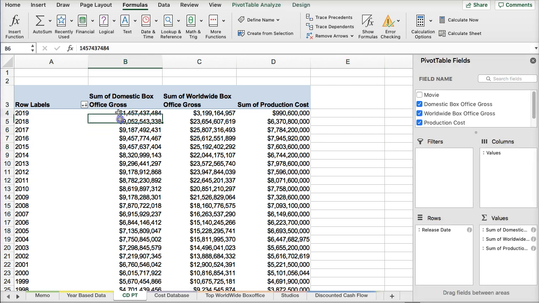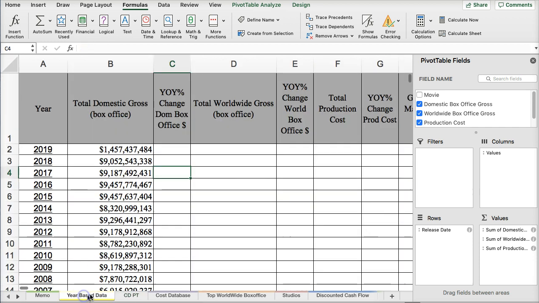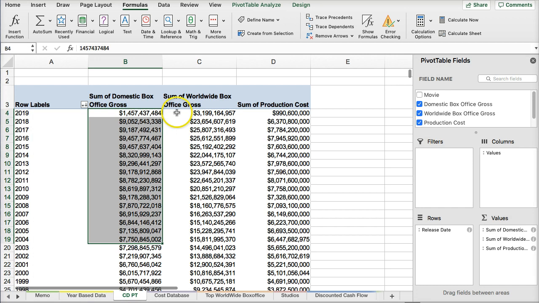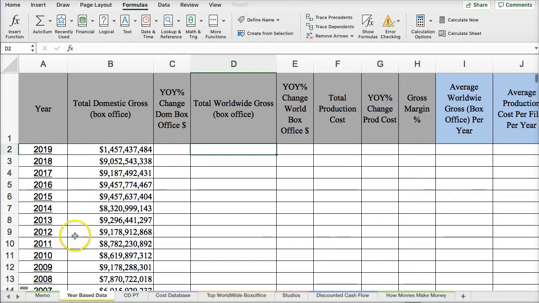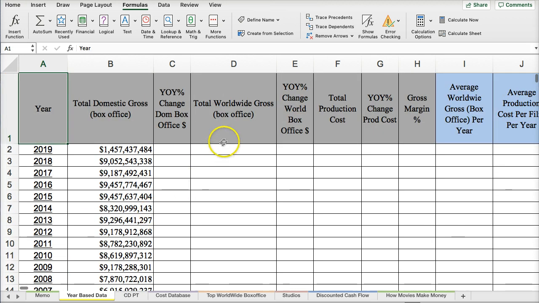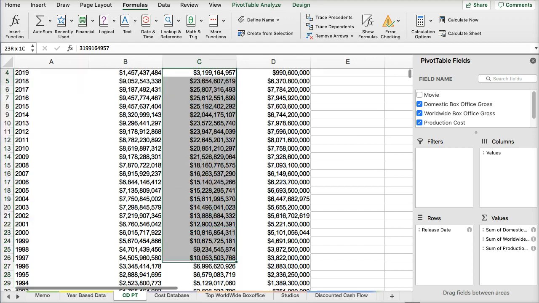And you see this information here. So it depends on which way you want to go, because you could easily create the pivot table. So here's worldwide gross, and on the pivot table, I think we're going to, what year are we going to here? 1980. So if I did the pivot table first, I could just grab the data from the pivot table all the way to 1980,